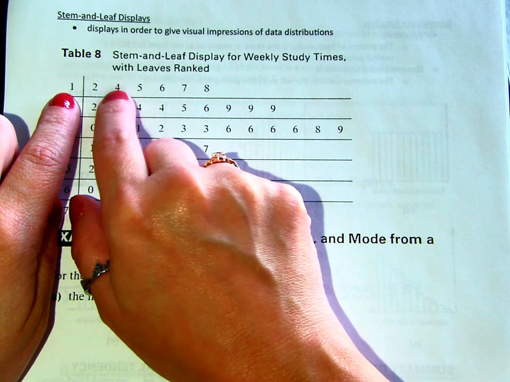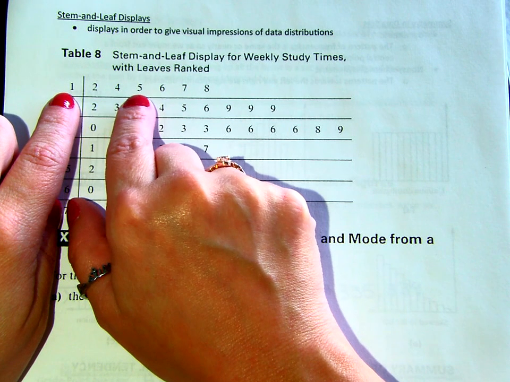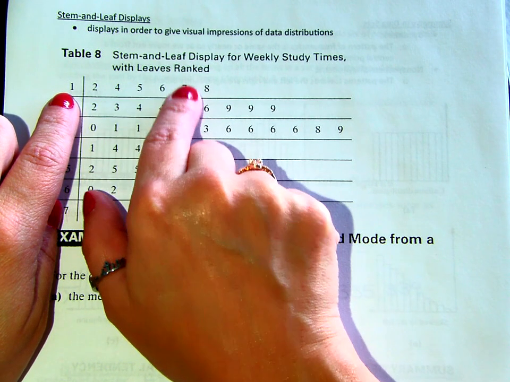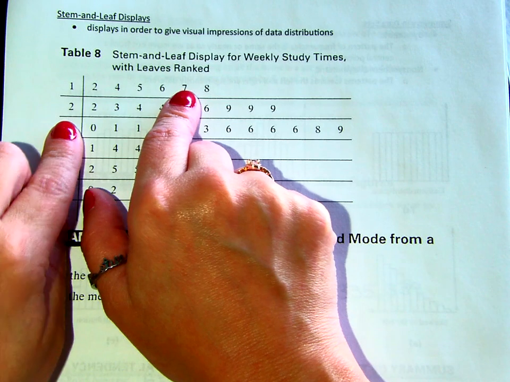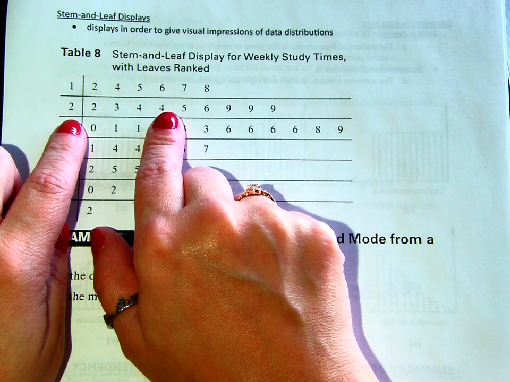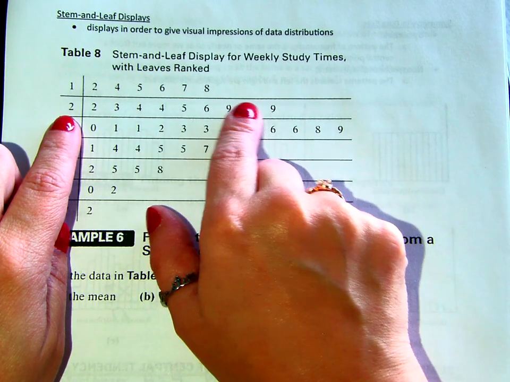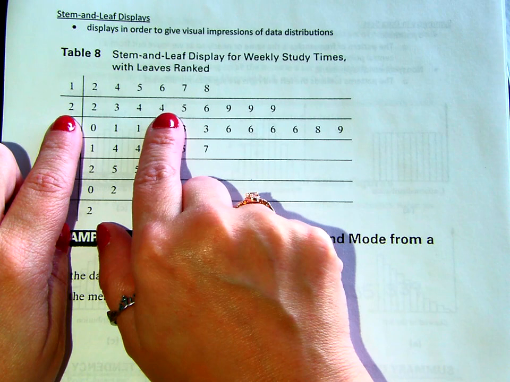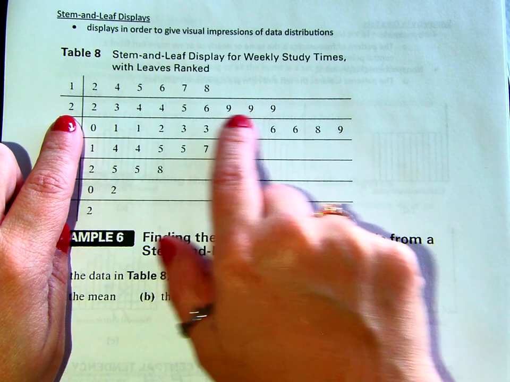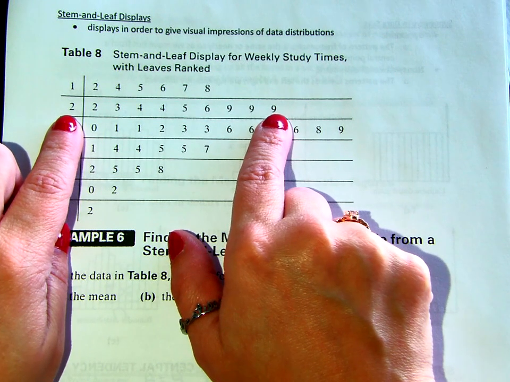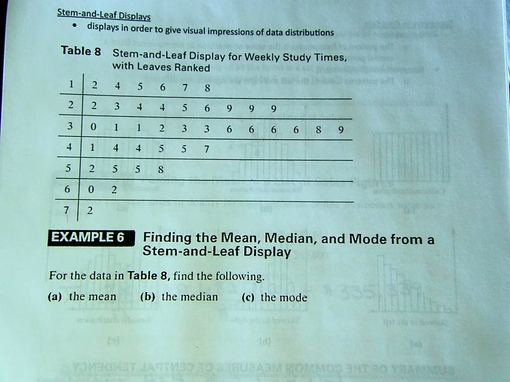As we move down to our second stem, these are our 20s. Notice that 24 happens twice, and 29 happens 3 times. They list it out multiple times. So this is really just another way of doing a frequency table. It's just a different way of representing it. So when I'm looking at these,